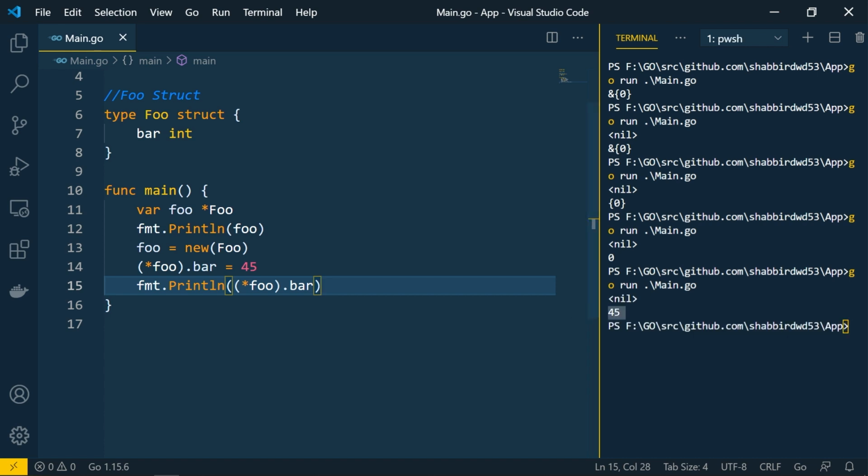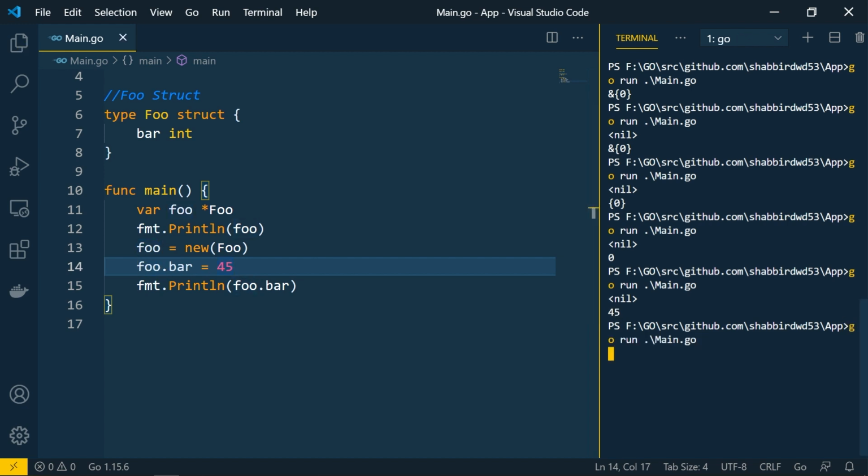Now if you see this code, it looks very complex, though it is very easy to understand. We are just dereferencing the pointer. But it is complex to go through the code. So what the Go compiler allows us to do is directly assign the values, and internally the Golang compiler will do the dereferencing for us for the complex types. Suppose I don't do the dereferencing here. If I remove this dereferencing, then also my code should work. If I run this again, you can see that it's working fine. So all that dereferencing is taken care of at the compiler level.